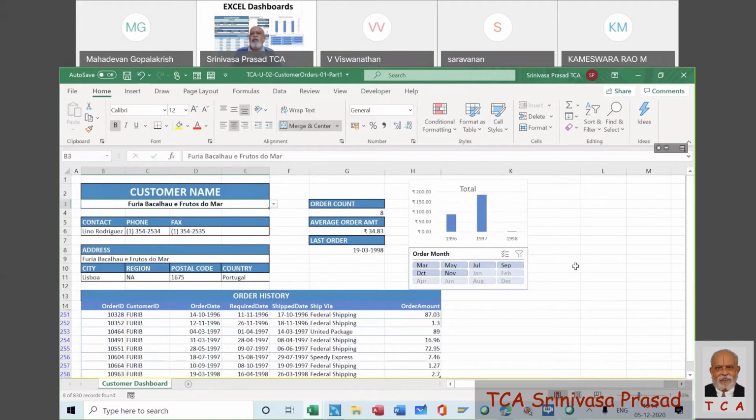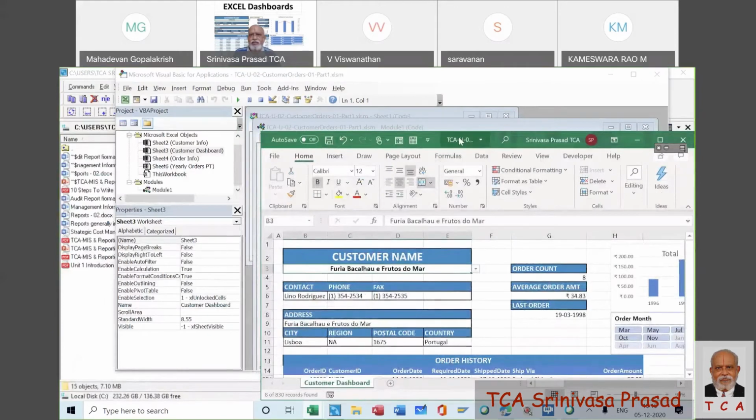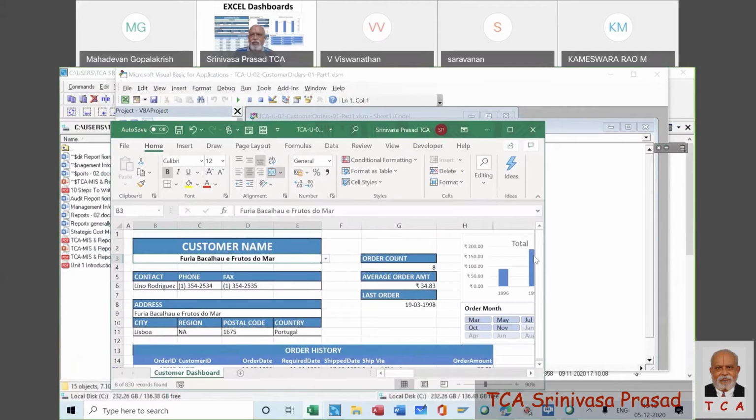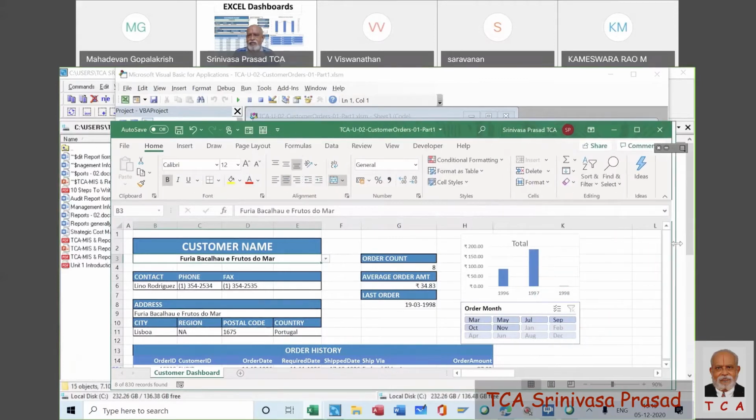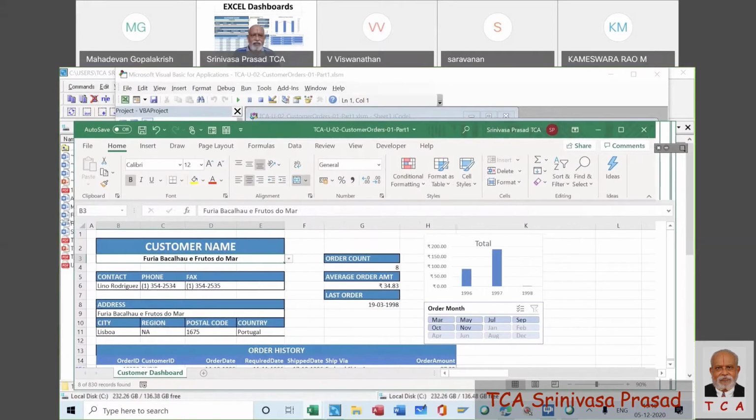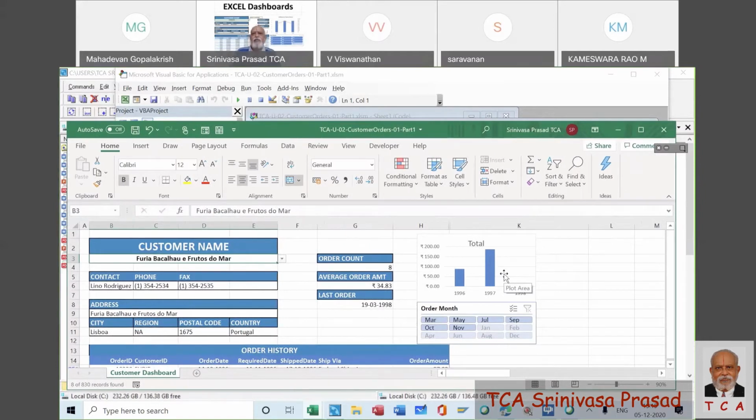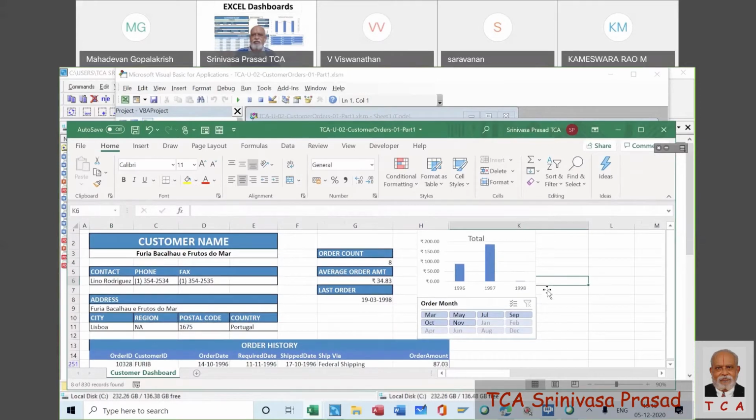Now, what are we supposed to do? Can somebody tell me? What are we to do? So, criteria to be fixed. I agree with you. Then how are we going to do it? That means we have to automate it. What are we supposed to do now? You have to go to VBA. No, first of all, we will have to, VBA, we are not that expert right now. So we will have to go through a macro to do all these things. Am I right? That is what we are supposed to do.